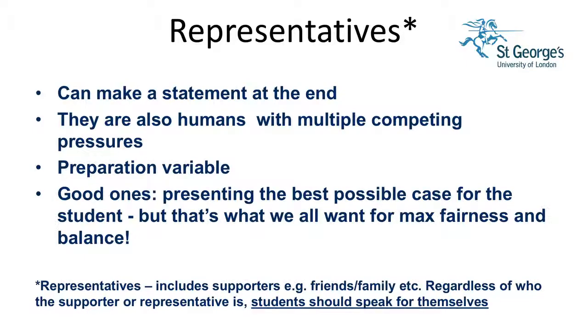And the final bit about representatives. So we obviously mentioned representatives very often. Sometimes we have them, sometimes we don't. I've had incredibly positive experiences very often. If you think about it, you want the barrister to be present. And that goes back to the standard of proof, because it's not beyond reasonable doubt. You don't want to leave the hearing, go home and think, actually, I don't think that he's done it. Yeah? So having a lawyer is great because they will fight the case. And if the committee is still persuaded that the student is at fault, then obviously you can be relieved that we've done all we could to make sure that the hearing is fair.